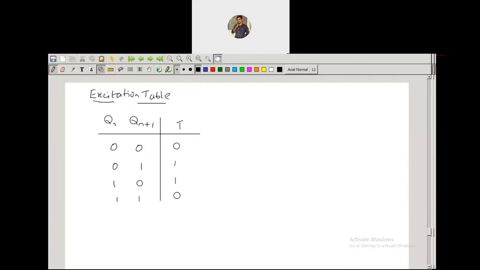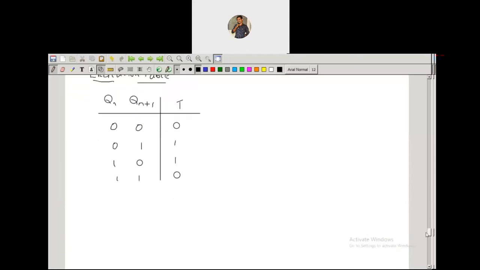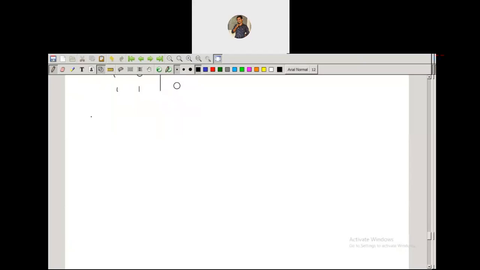After this, let me write down a summary of these flip-flops and the corresponding characteristic equations. For the SR flip-flop, we got Qn plus 1 equals S plus R bar Qn.